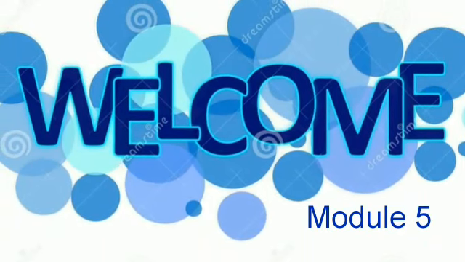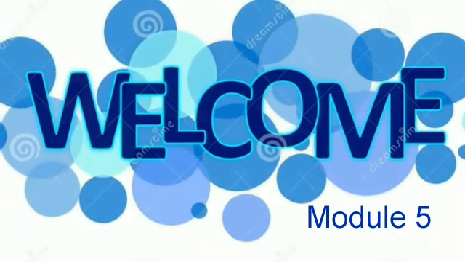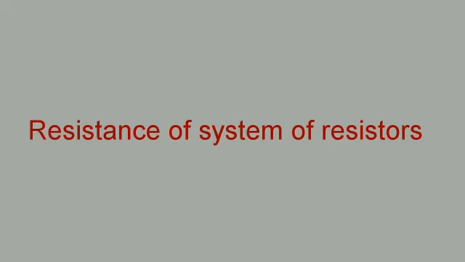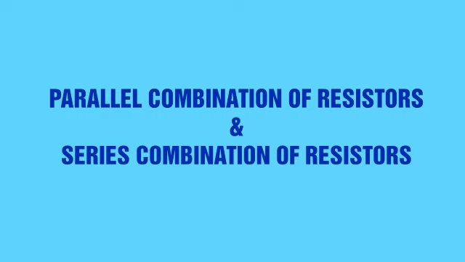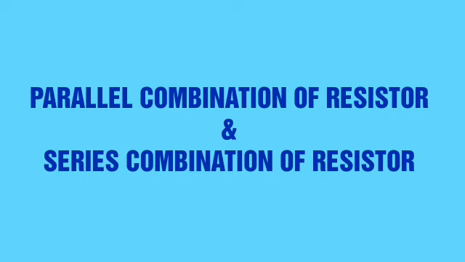In this module, we are going to study about resistance of a system of resistors. In preceding sections, we learned about some simple electric circuits. We have noticed how current through a conductor depends upon its resistance and the potential difference. In various electrical gadgets, we often use resistors in various combinations. We now therefore intend to see how Ohm's law can be applied to combination of resistors.